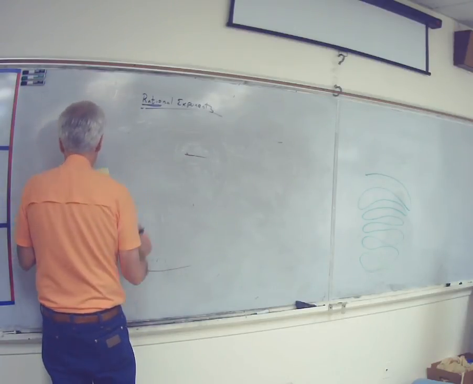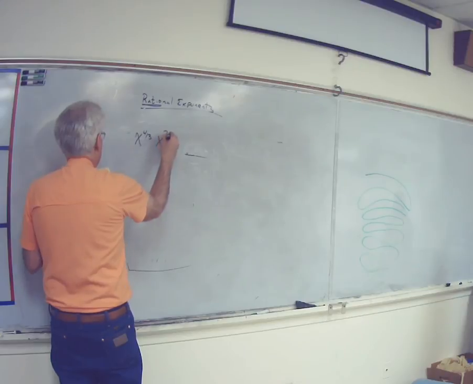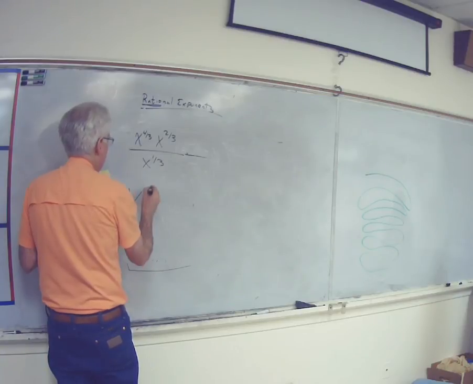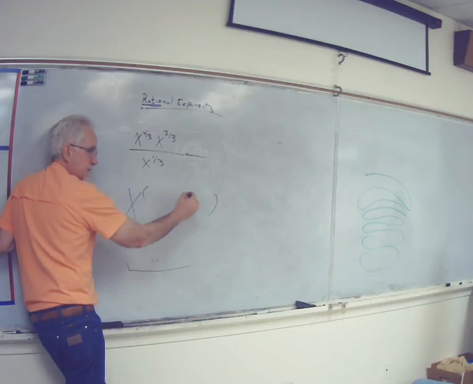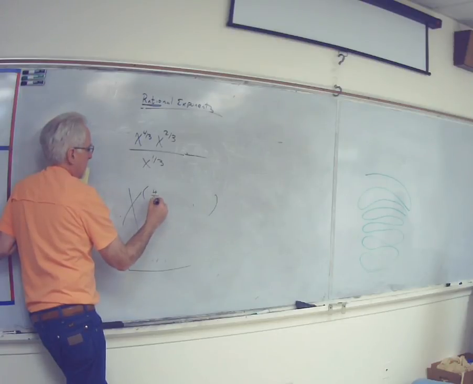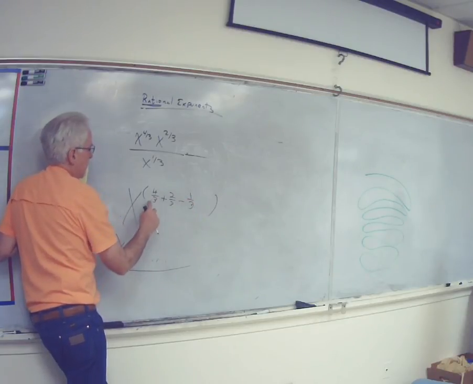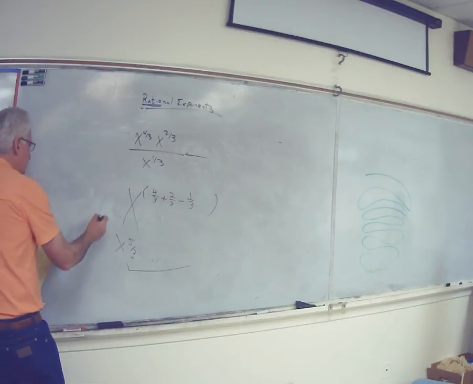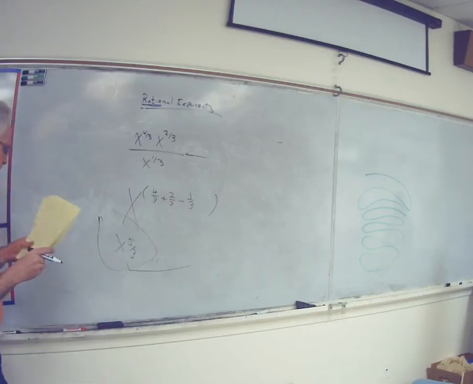What if I have x to the 4/3 times x to the 2/3 over x to the 1/3? Tell me what you would do. Don't tell me the answer, tell me the step: 4/3 plus 2/3 minus 1/3. So 4 plus 2 is 6, minus 1 is 5/3. X to the 5/3 is a great answer. That, my friend, is how you do rational exponents. We are done. Okay. Homework is